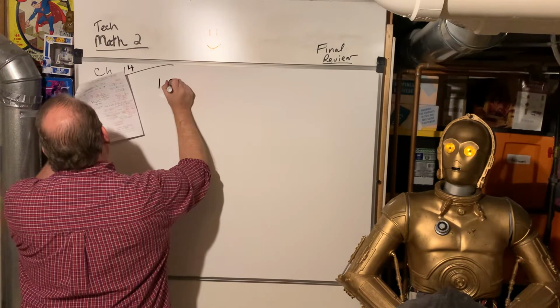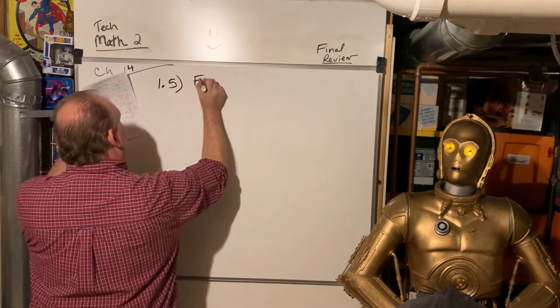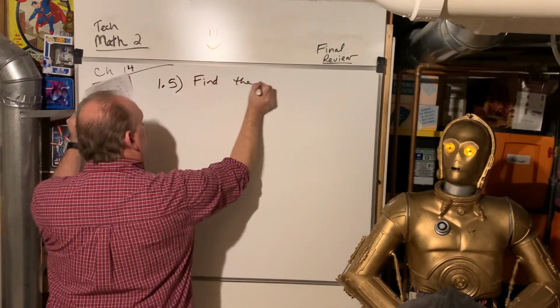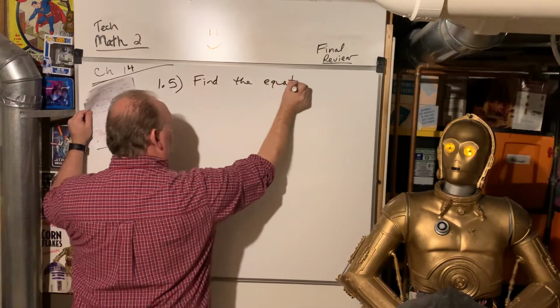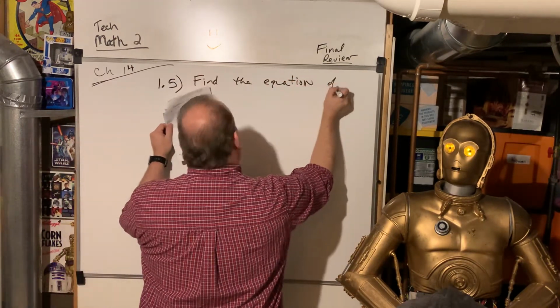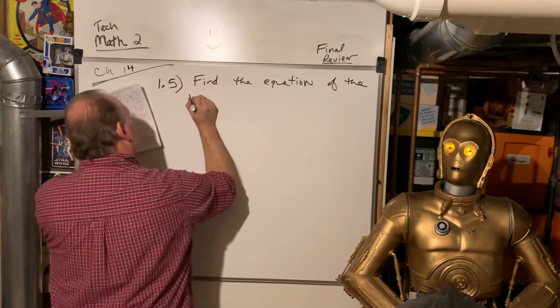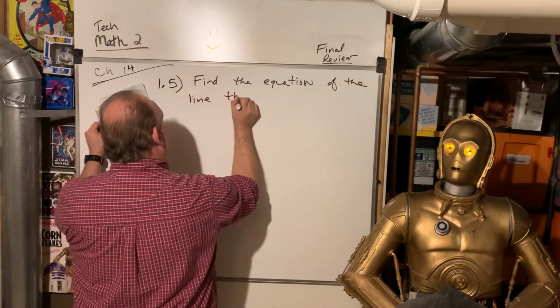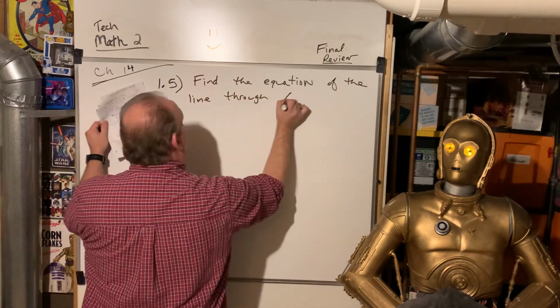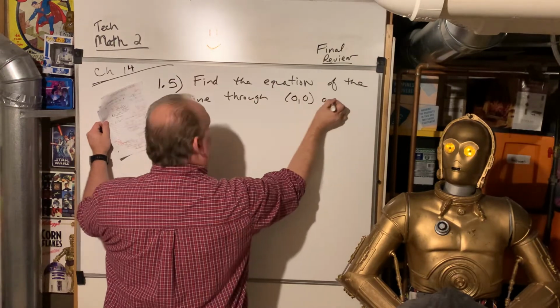We called it 1.5. Find the equation of the line through 0, 0, and